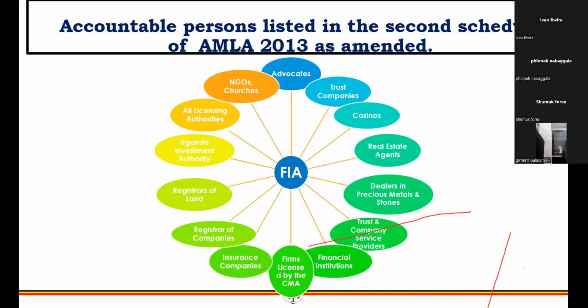Of course, you would ask me, why isn't so and so on the list, or why isn't this category of entities on the list? As for now, we are guided by the FATF. They conduct a typology to determine the risks, depending on the evolving trends around the world that the criminals are using. So they study the trends that are used by the criminals, and they advise that these are channels that can easily be manipulated by the criminals. So you should add them on the list, and they should be reporting to you. So this informs the list of accountable persons in the Act.